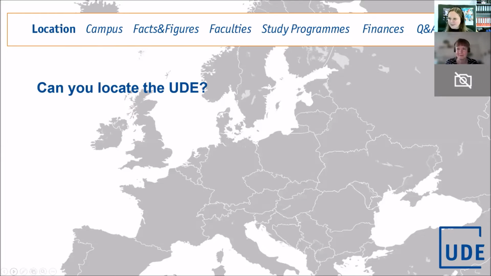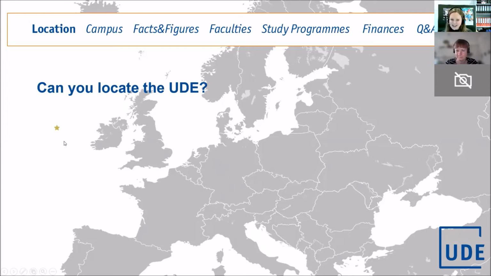So Verena mentioned earlier, we want to try and make the presentation a little bit interactive. So I wondered, to begin with, if any of you are able to locate the UDE. Depending on what version of Zoom you're on, you should hopefully have the function. There's a little picture of a pen that you can comment or annotate. And it depends on your version, you might have a little stamp. Just to show you a little stamp,